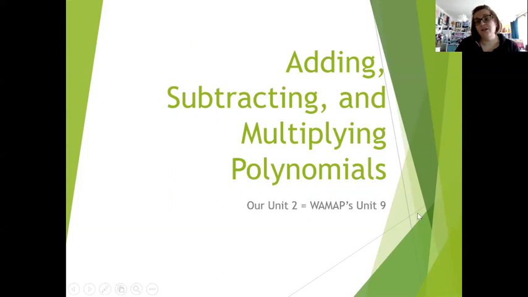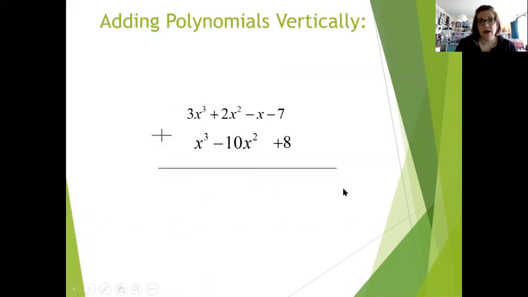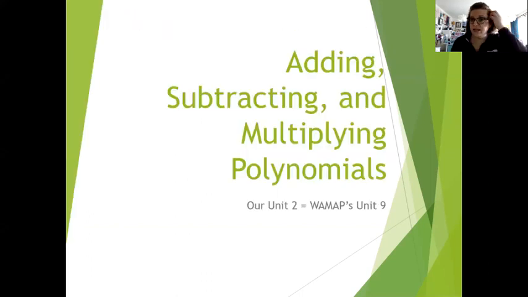So our unit 2 is WAMAPS unit 9. And one thing that it doesn't talk about on here, which I'm going to take some notes on in the journal, is just that word polynomial. What it means is it's an equation, or maybe it's even an expression. That's what it is. It doesn't have an equal sign. So it's an expression that has more than 3 things in it, 4 or more